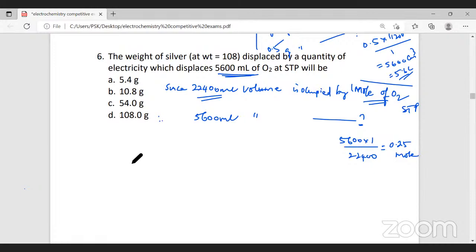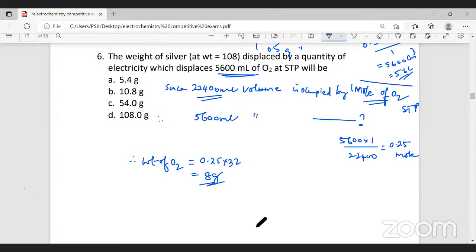Therefore, what will be the weight of oxygen? 1 mole of oxygen weighs 32 grams. 0.25 moles will be how much? 0.25 into 32. That will be equal to 8 grams. So the weight of oxygen is 8 grams, because in this problem, they have not given you the weight of oxygen directly. They're asking you to calculate